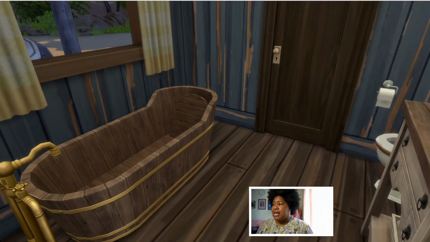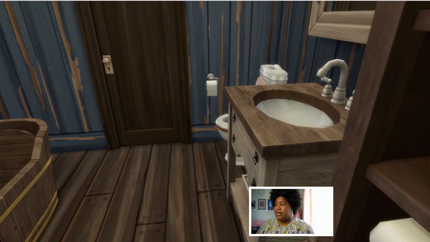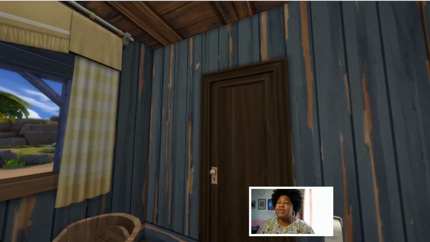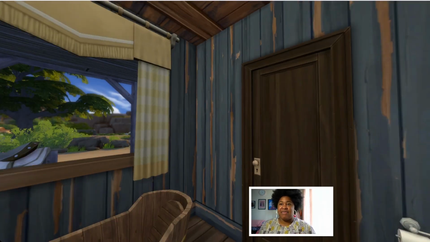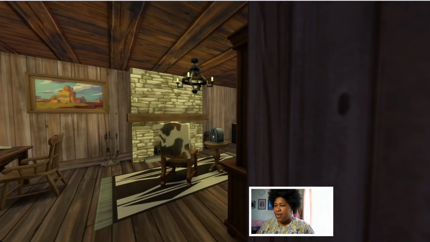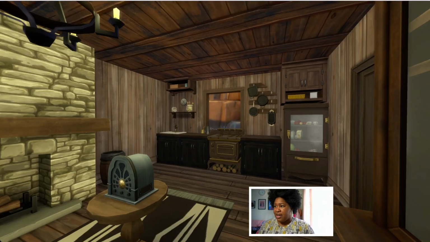We've got a tub, the sink and the toilet, and a little storage rack for towels. I like how this lot uses some of the weathered wallpapers that we got in this pack. This is a nice blue interior paint, but it feels like it's chipping to give an aged story to this house. And then moving out of the bathroom, off the kitchen again, we had another room, I'm assuming,